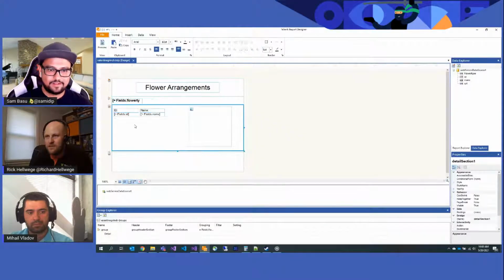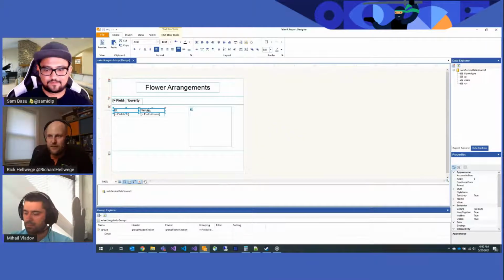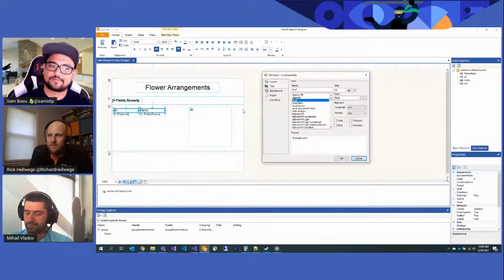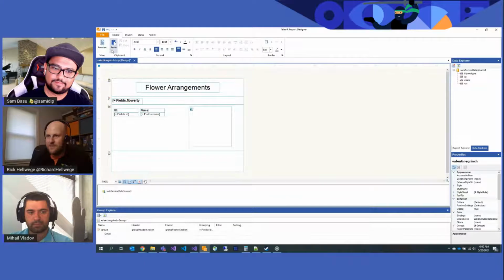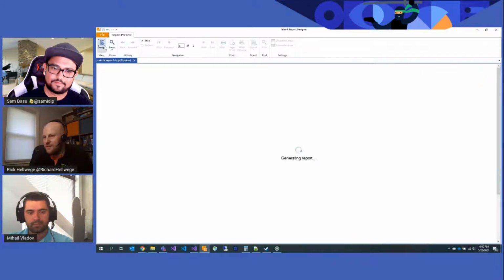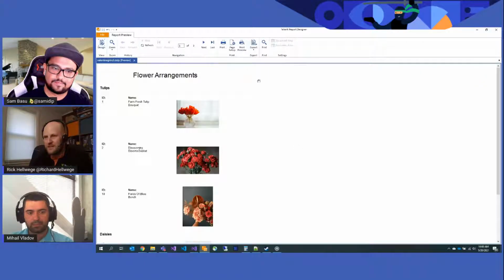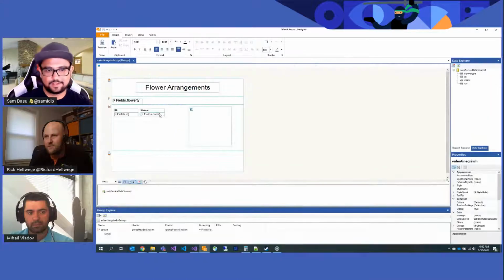Maybe make these bold. You can also select multiple fields if you want to apply common styling. So for ID and name, I just want to make both of them bold. You can do that all at once. It makes it a little faster to set up things like this. This is nice. Okay, so you want to try hot swapping over to the other one?